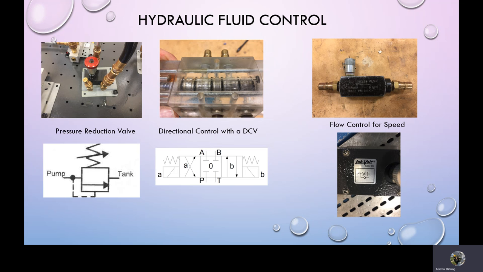The picture at the top in the middle there shows the directional control valve for a hydraulic system in clear plastic, so you can see the inner workings of it. Very similar with a pneumatic system, except in a pneumatic system, of course, the directional control valve doesn't go back to tank, it just vents to atmosphere. And here below, you'll see that that is a 3-position, 4-way directional control valve that's solenoid operated on both sides and spring return to the center position,